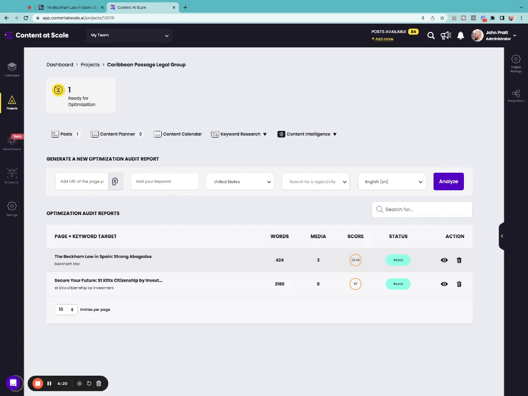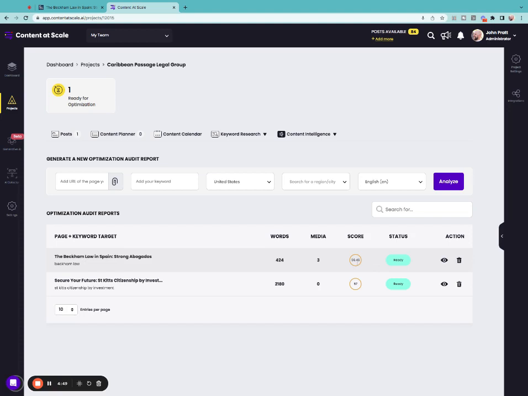For example, just for illustration, if you put in a URL about a blog post about how to walk your dog, and your keyword that you're trying to target is how to walk your cat, you're not going to score very well because that's a huge disconnect, and it'll give you a really low score. So anyway, this post here that we put in scores,